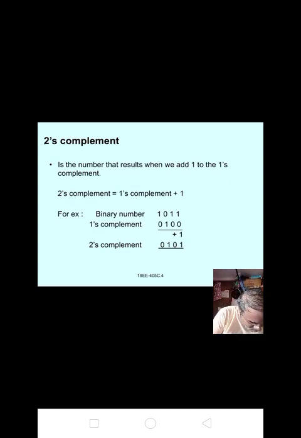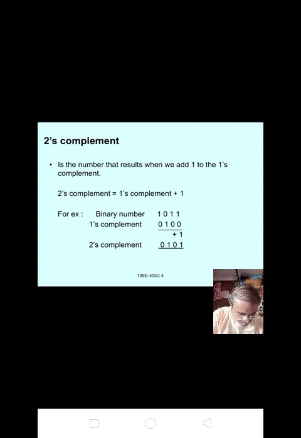See, 2's complement means 2's complement equals 1's complement plus 1. Okay, in the number, when we add 1 to the 1's complement, we get the 2's complement. 2's complement means 1's complement plus 1. Okay, now